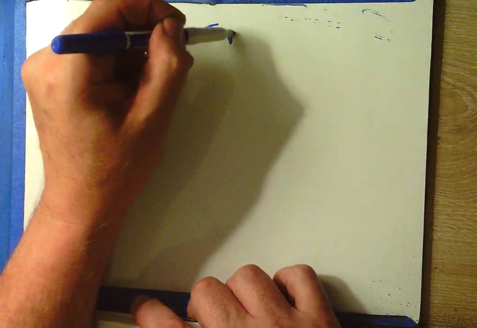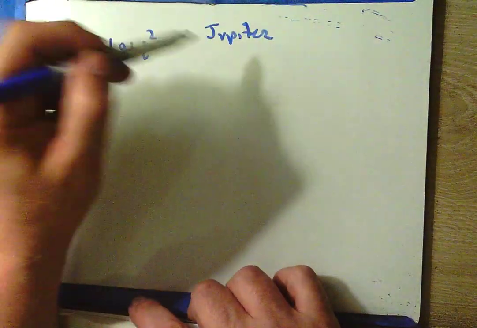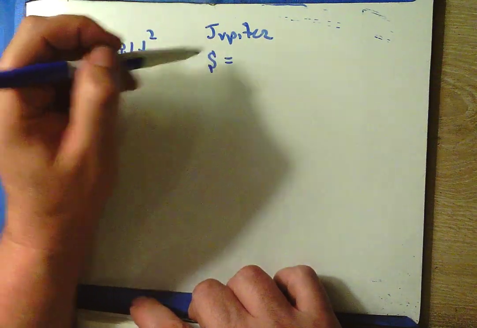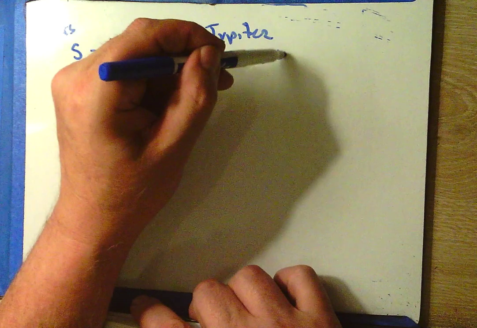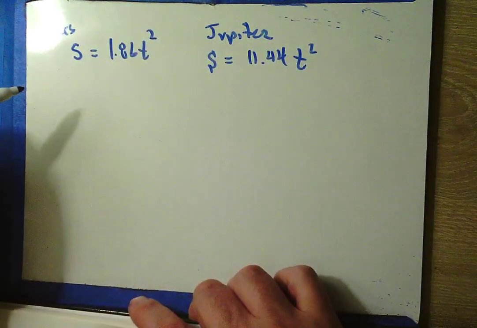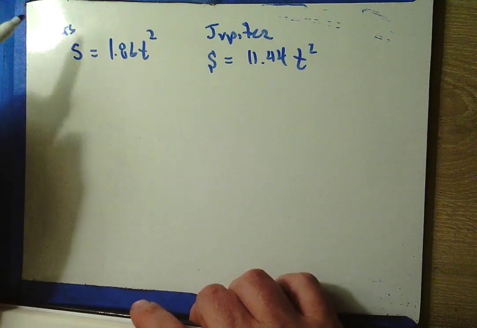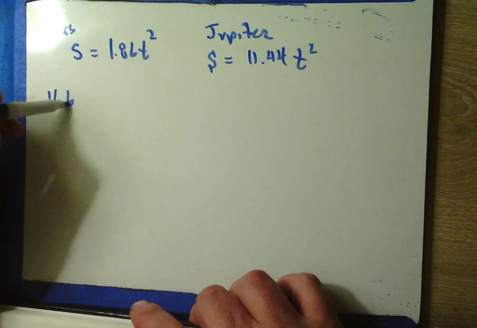And on Jupiter, position is given by S equals 11.44t squared. Okay, how long will it take a rock falling from rest to reach a velocity of 16.6